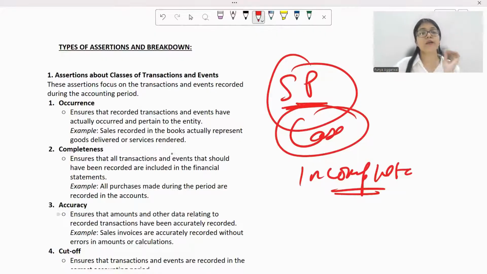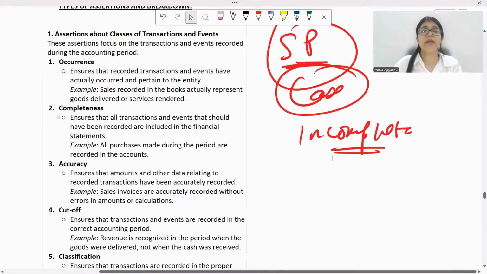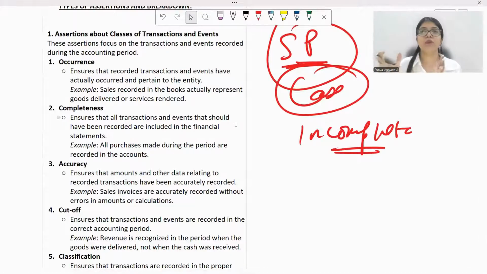Sales invoices are accurately recorded without errors in the amounts or calculation. So basically, when you write that we are doing this through this, for example, we are discussing with the management why there was a change from straight line method to WDV method. Okay, so now we are discussing it with the management, but why are we doing so? To assess the reasonableness of the change made, right? So you're assessing the reasonableness. That is the reason why you are doing a substantive procedure. So if you do not write 'to assess the reasonableness', it becomes incomplete and you won't be able to get marks for that, right?